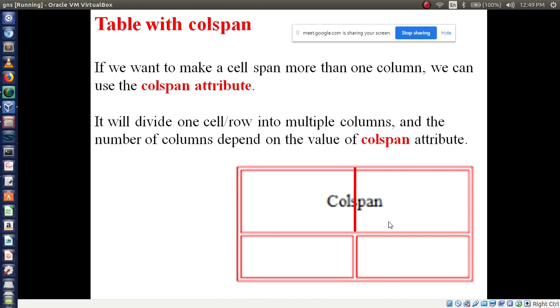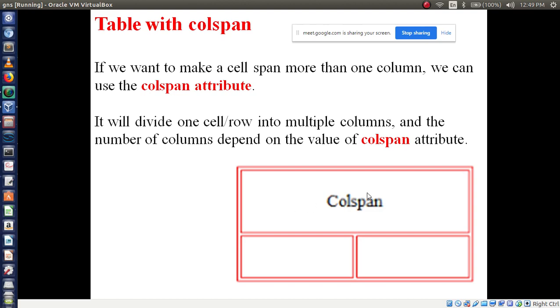So this is how a table is represented, right? Here, column span means what? How many rows are here? 2 rows. And how many columns? 2 columns. So if I take column span, it will look like this. So we have to write code for this.